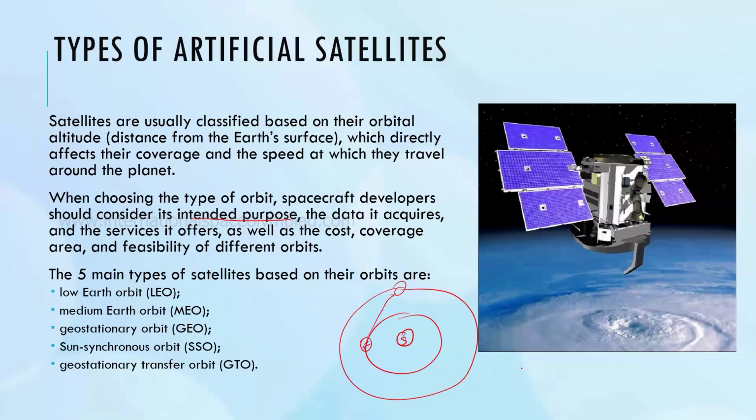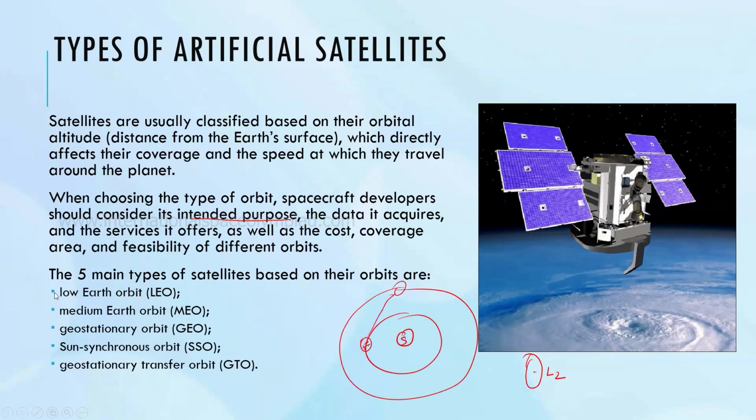Yesterday we saw that JWST is actually orbiting not around Earth, not around the Sun. It is actually orbiting around a point called L2. So that is also another orbit, called the L2 orbit. There are many kinds of orbit. We are only keeping our attention on Earth-based